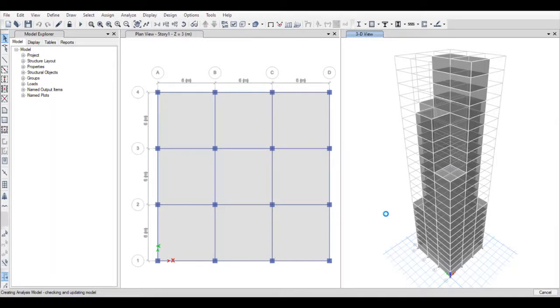Click on run now. Give some time to the software as it runs the seismic analysis. You can see the progress of the analysis at the bottom right portion of the tab.